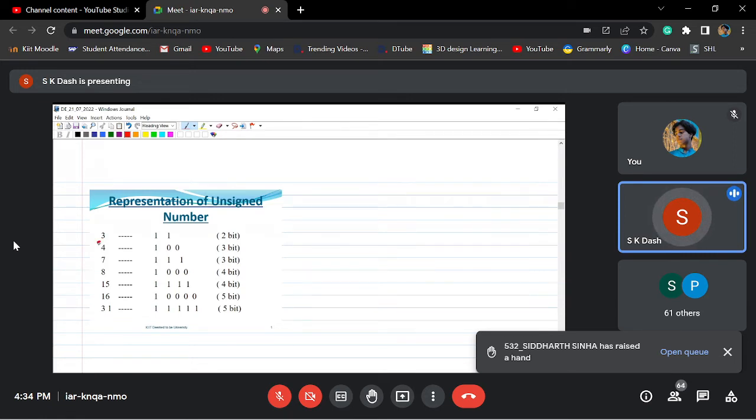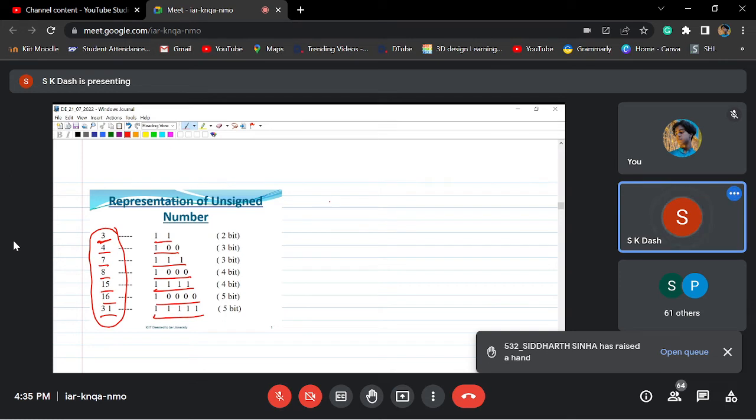If I represent 3 in binary, what will happen? This will be 1 1. If I represent 4 in binary, this will be 1 0 0. If I represent 7 in binary, this will be 1 1 1. If I represent 8 in binary, it will be 1 0 0 0. 15 is 4 ones. 16 is 1 followed by 4 zeros. 31 is 5 ones. Okay. So the point of this slide, or the point of my writing this, is